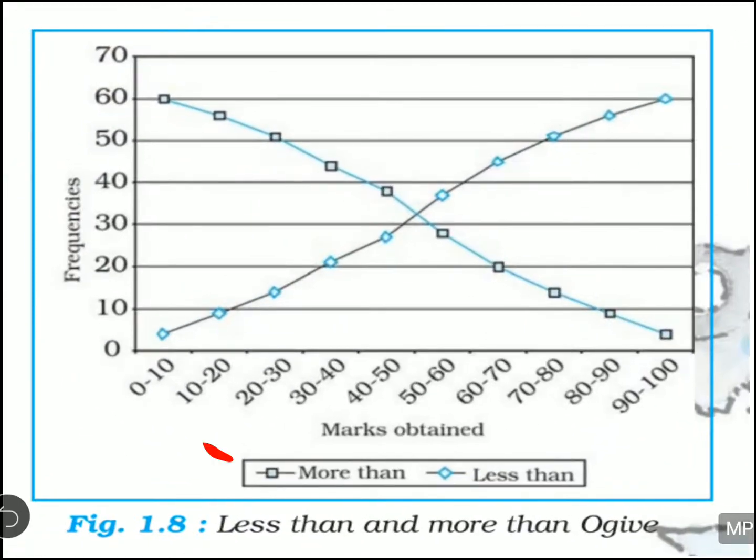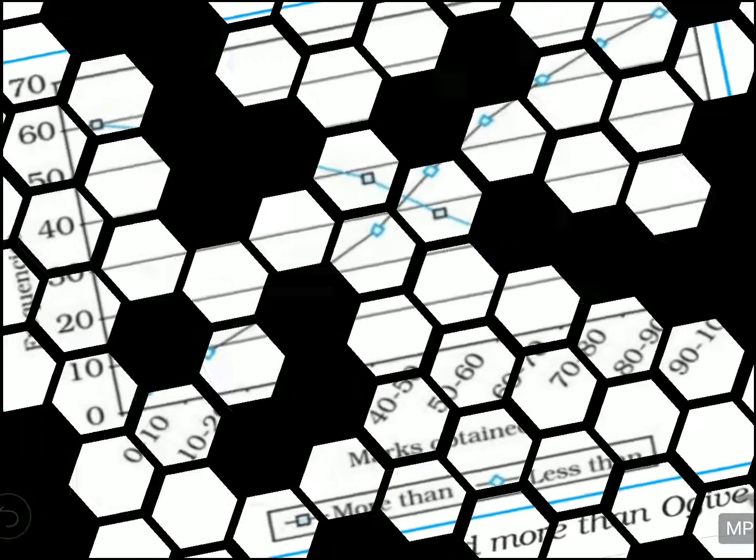So what is happening here? You have not made less than 0 or more than 10, not this way. You have made the grouping this way, 0 to 10, 10 to 20, 20 to 30, and then you plot this cumulative frequency in the less than and more than methods, and you get graphs which cut each other. This way you can show both the more than method graph and the less than method graph in one graph only. And that's all in this chapter.